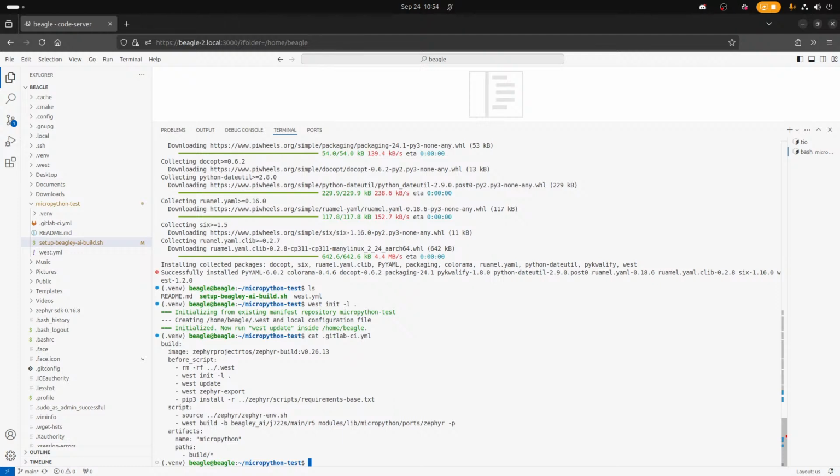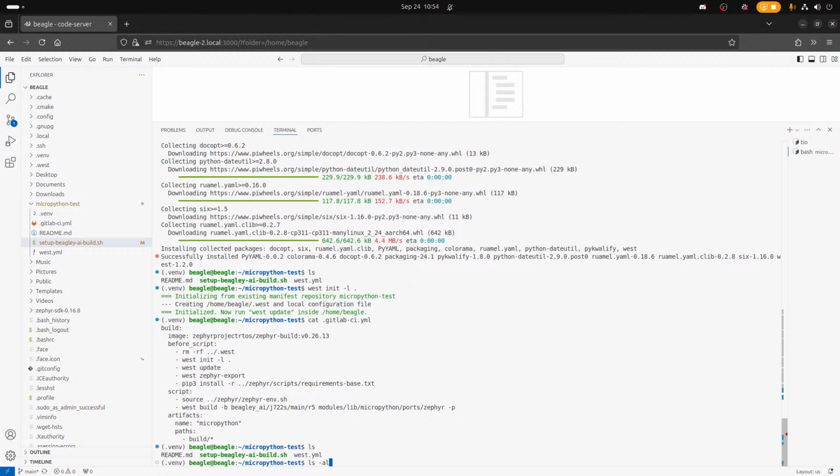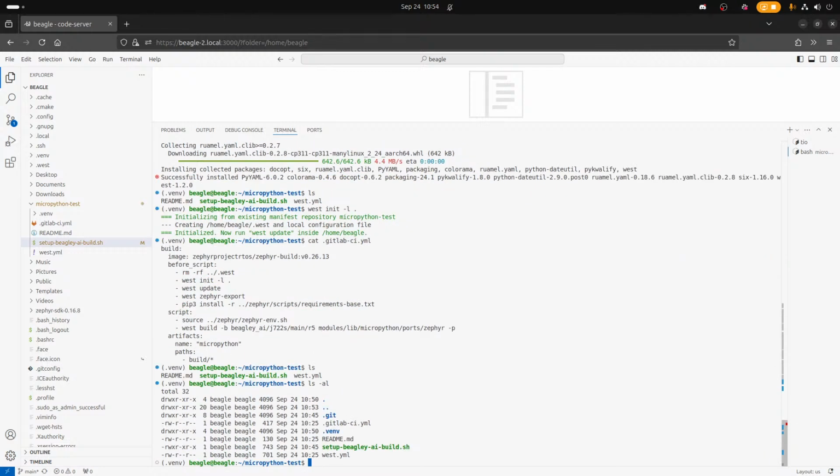Zephyr build. Only got a few more minutes. You cannot name any directory in the workspace Zephyr, since then west will complain that the Zephyr directory already exists. So what are we going to call it? No, build cannot exist, because the west.yaml exists at this level, right? So we could do west init up a directory. We can do that.